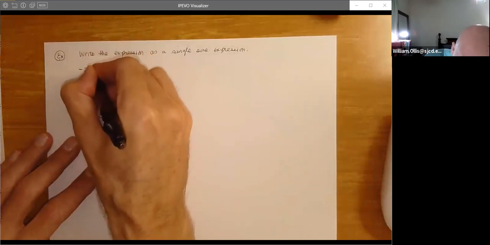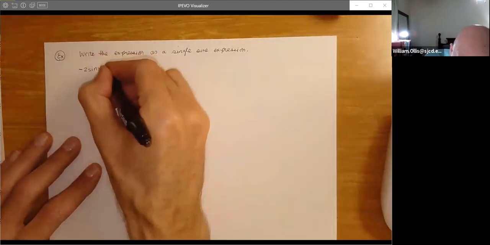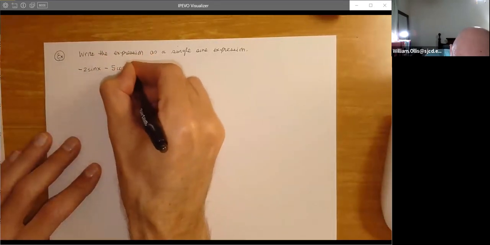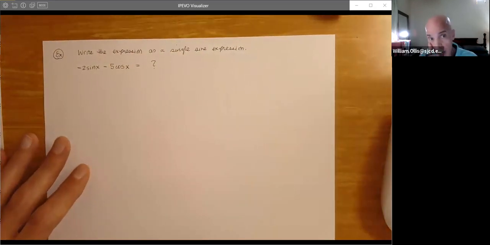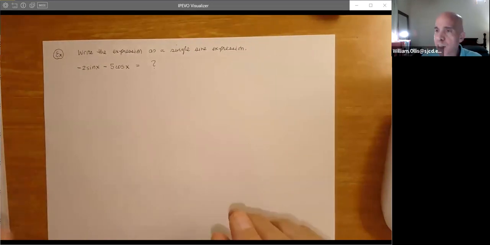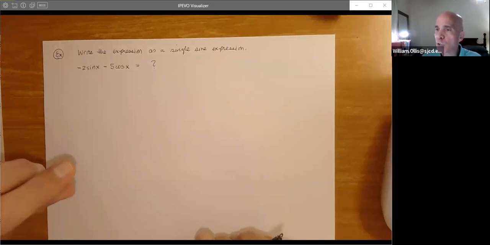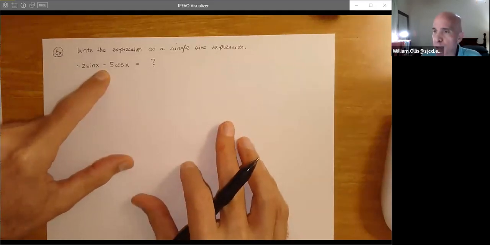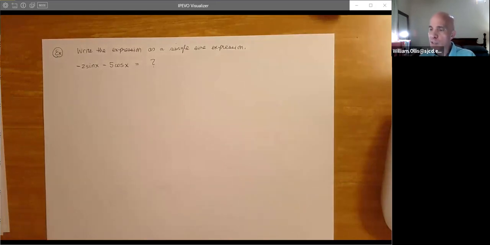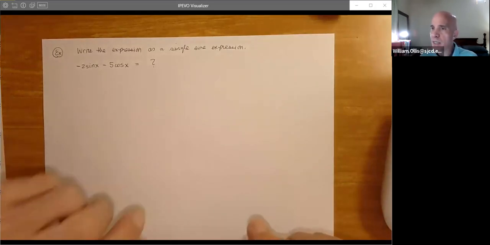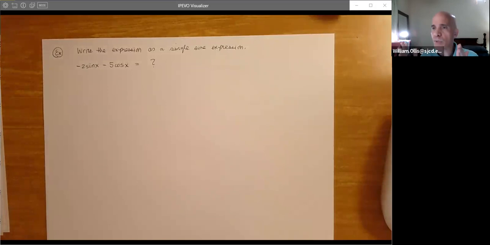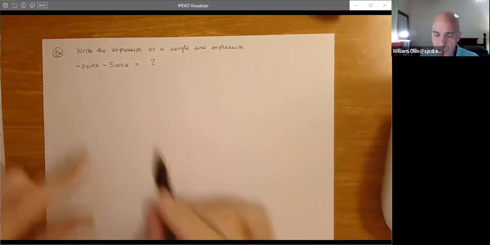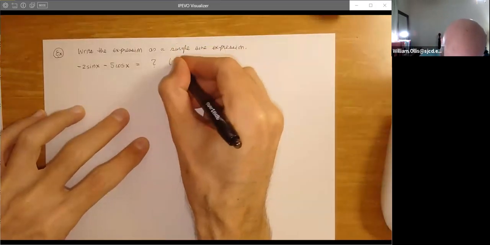-2 sine x minus 5 cosine x. So we're going to say, what does this equal? Well, this is where we get to use the lemma. Say you're in a physics class and you solved an elementary differential equation, and you got this as the answer. Your professor says, okay, here are some solutions, and you see a nice graph, and you think, well, I don't think I got that. And then you realize, oh, this is like logarithms. You combine things in a certain way and you get an answer that looks very different. So this is a case of that. So we use the lemma.